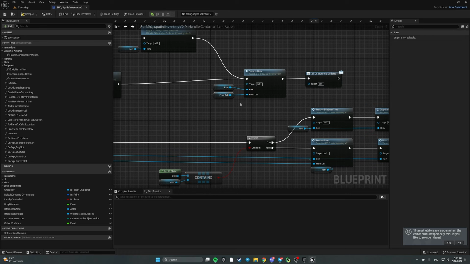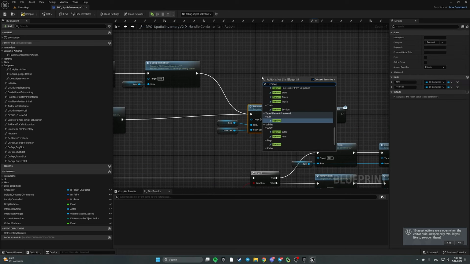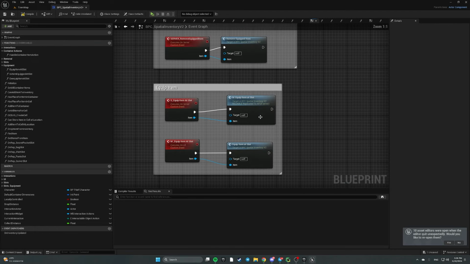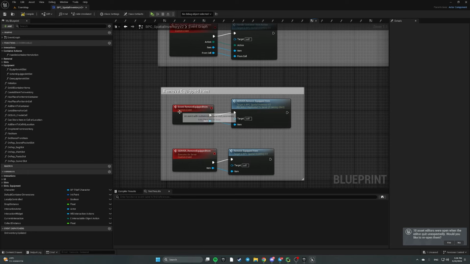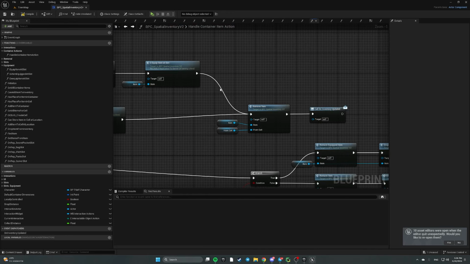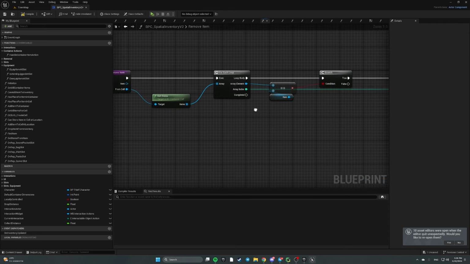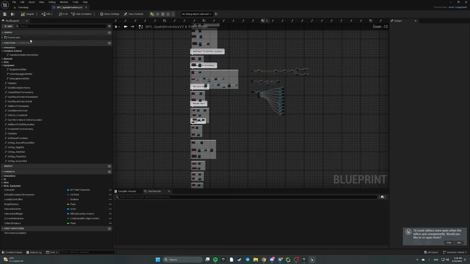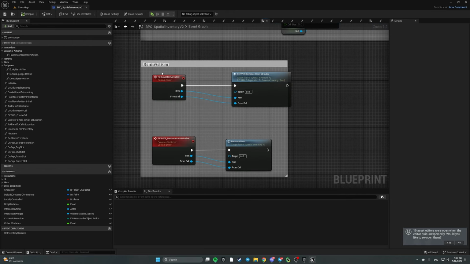Now let's replace remove item with remove item server remove, not this one. Well, what does this event do? Remove equipped item, call remove equipped item. And what does remove item do? Oh, remove item removes an item from an inventory. It's not just a removal of equipped item. So we have to create, we already have remove item,